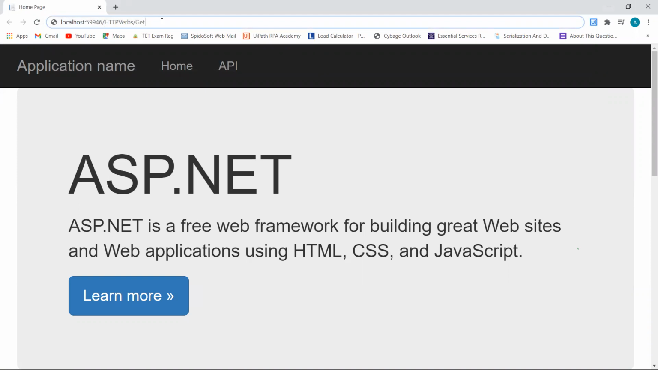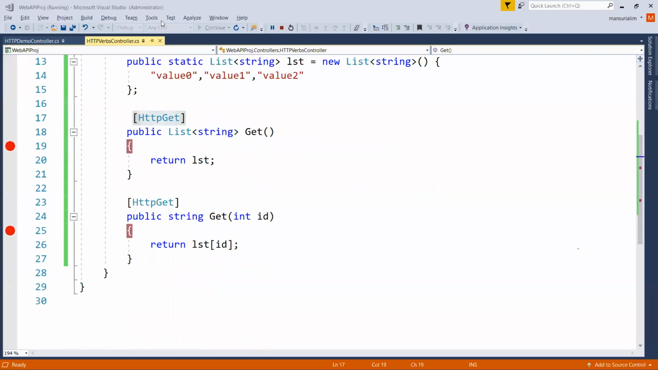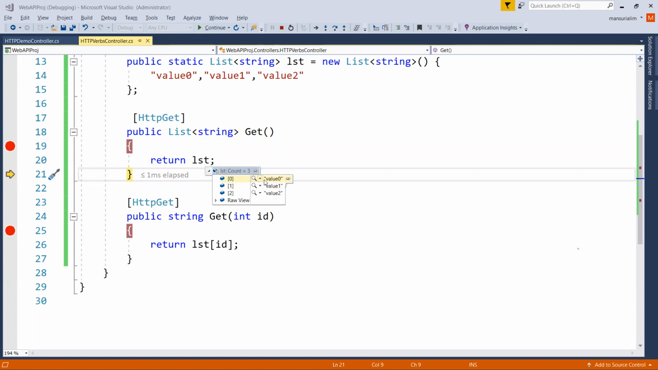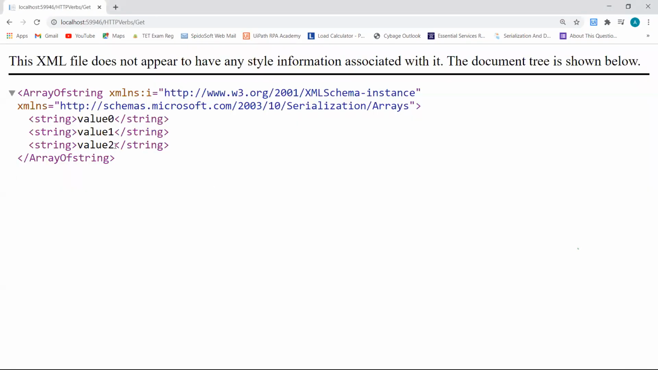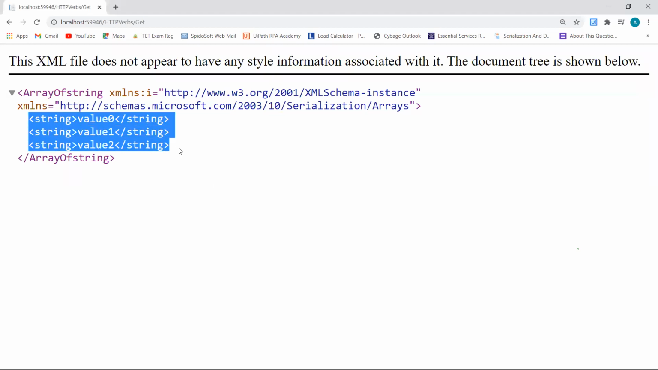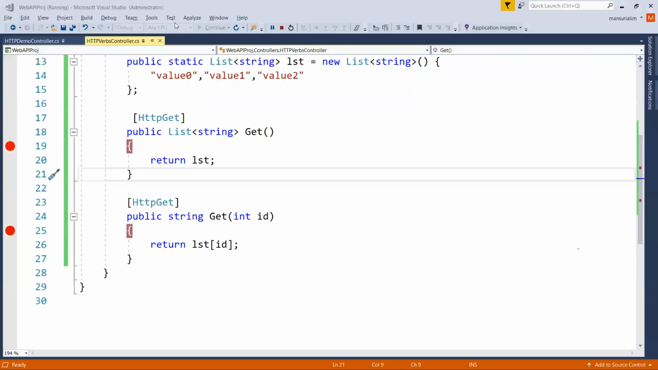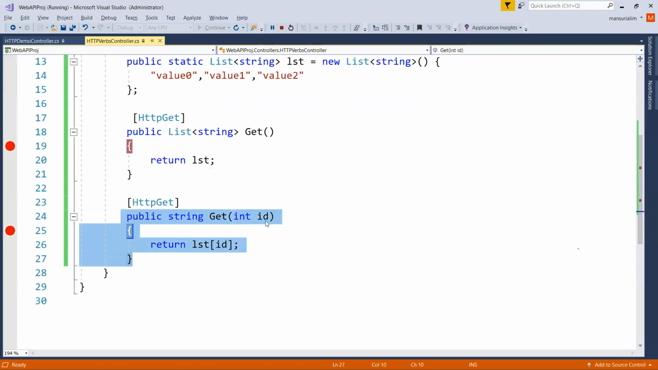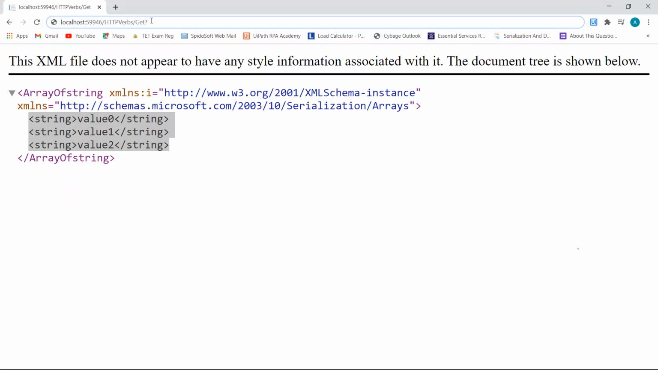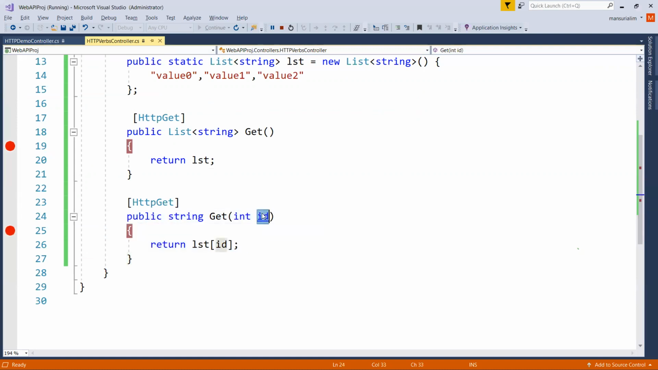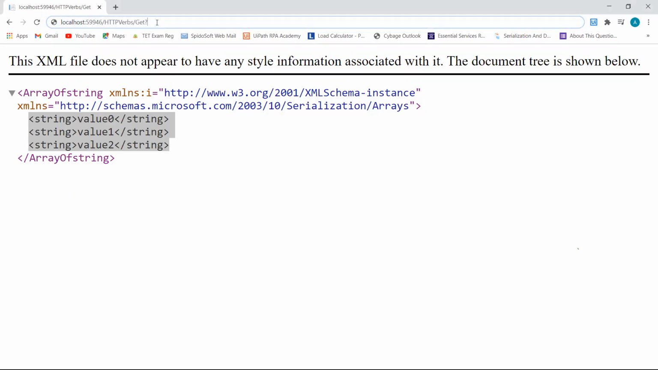verb, and it is used to retrieve the data from the server, right? When we hit it, it will call that method and return that list which has these three values: value 0, value 1, and value 2. Okay, so we can see that it retrieved this data using the HTTP get method. If we have to call the overloaded method, which has the id parameter, in that case we have to provide